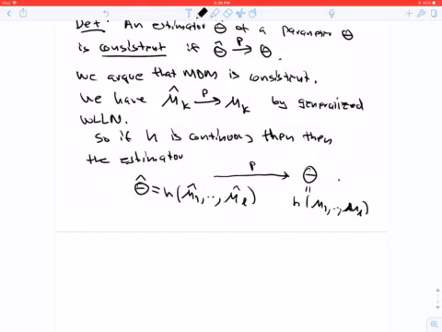That proves consistency, and next time I'll give you an interesting example of computing a method of moment estimator, and we will start